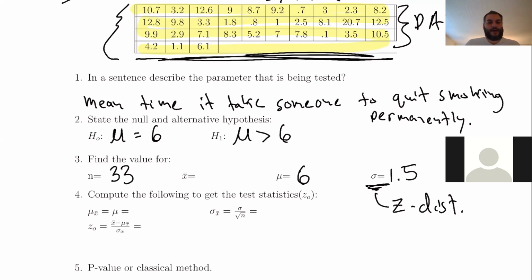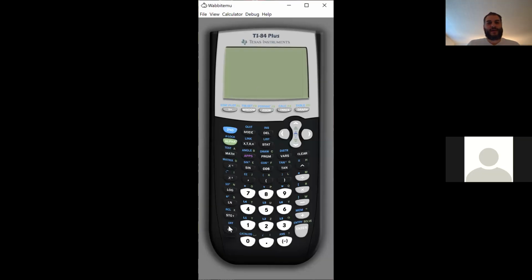Alrighty. So up next, I'm going to go to the TI-84, and we're going to start entering the data into L1. So we'll turn it on, go to stats, and go to edit. In edit, we're going to enter this data set. So you do 10.7, 3.2,